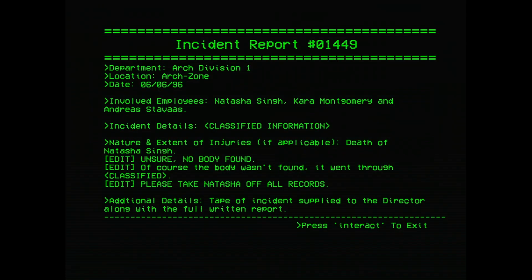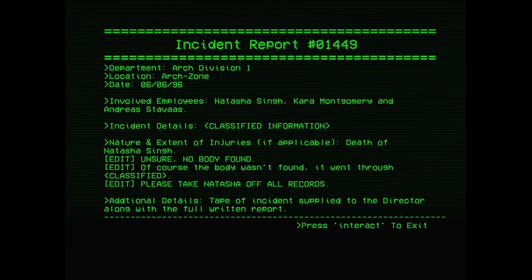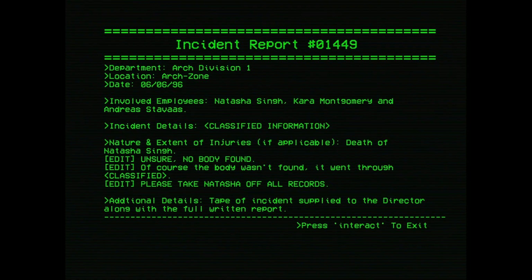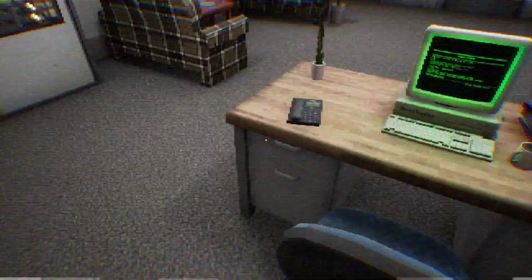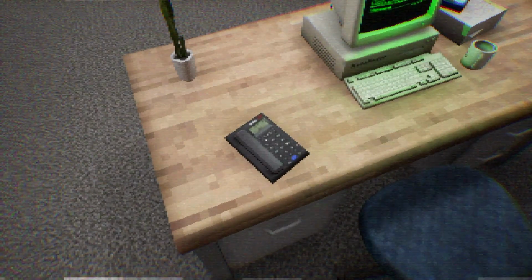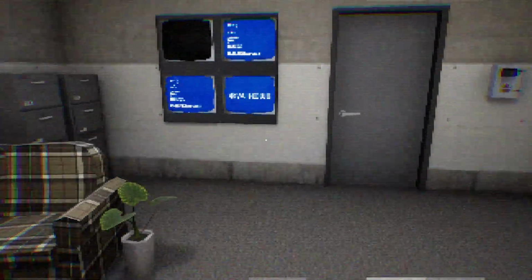It wasn't found, it went through. Please take Natasha off all the records. Additional details, tape of the incident supplied to the director along with the full written report. Okay, so I gotta wipe this lady's details, or they got it? Is that a me thing? Janet, I told you to move the void downstairs. I told you specifically, I said, hey, we gotta move this endless void out of my...